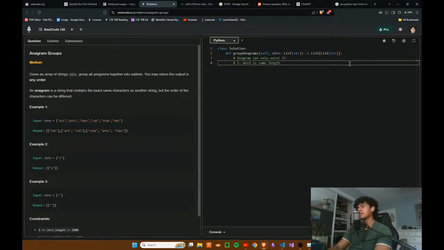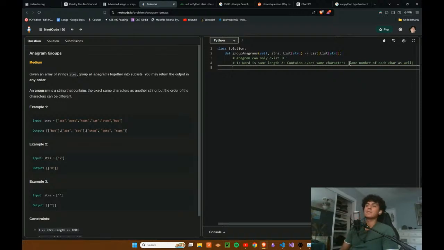And that goes into the definition of an anagram. And I think also this implies it needs to contain the exact same number of each character as well. Yeah. Exact same characters, same number of each char as well. Okay. So